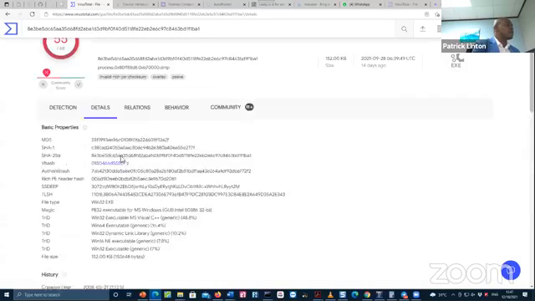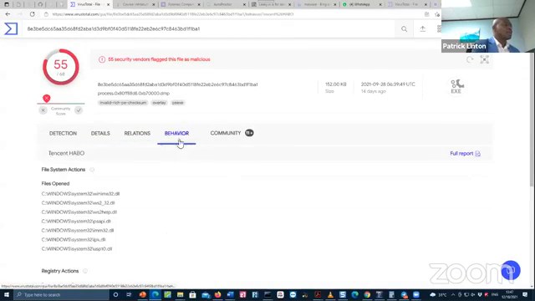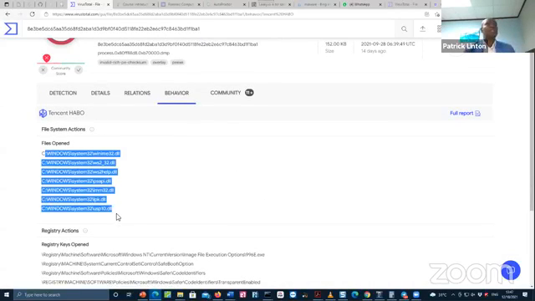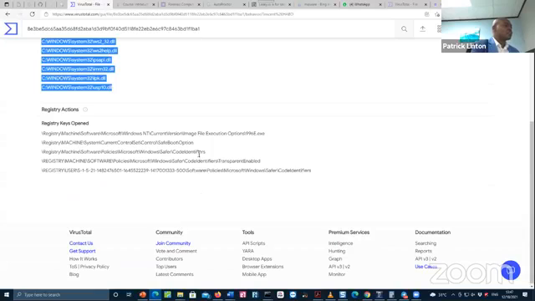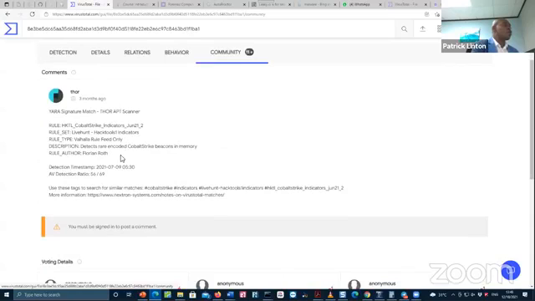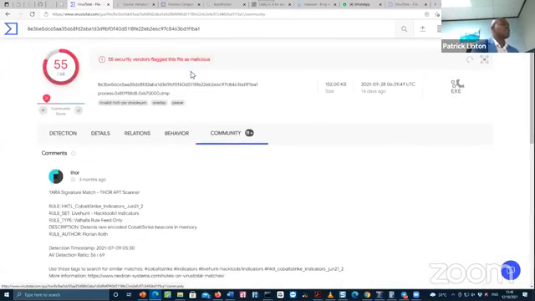Then it gives a bit more information. Over here, it shows the relations, it shows its behavior, right? All of these files are dropped into the Windows system32 directory once you become a victim. So these are indicators of compromise. It will also tell you registry entries that were modified in order to survive, for persistence. And it tells a whole community, persons who have actually done investigation around this. Let's go back to looking a bit more at our malicious binary.